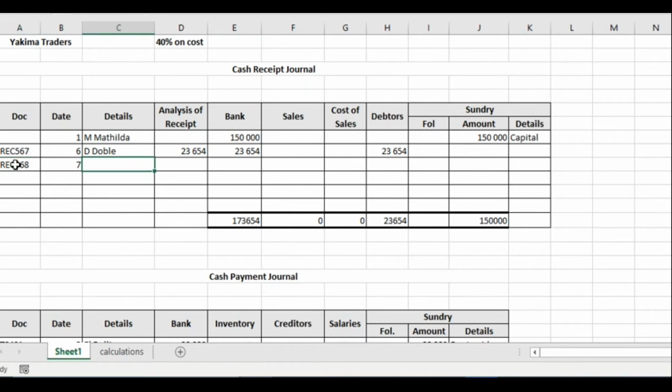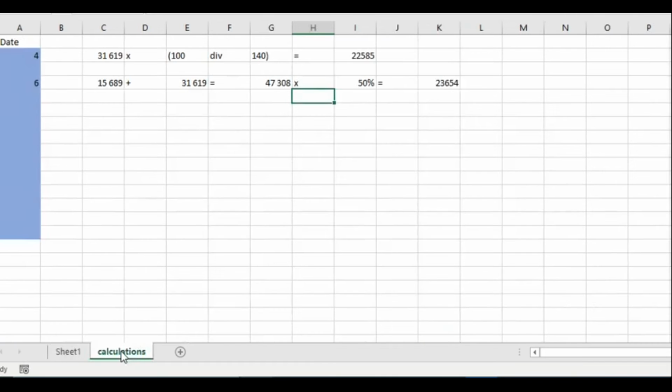Our details are cash sales, yeah. Then in our analysis, it's our 25,949. In our bank, we got 25,949. Our sales is 25,949. Then our cost of sales, which we need to calculate, guys. We want to go here. It's day number 7. So we're going to say 25,949